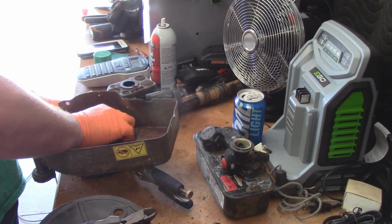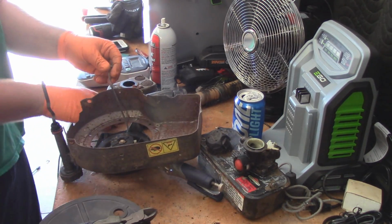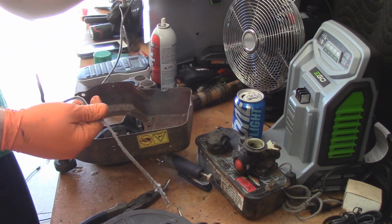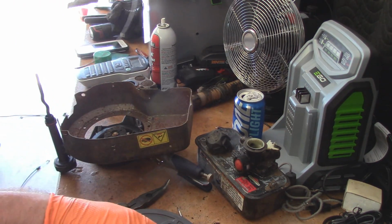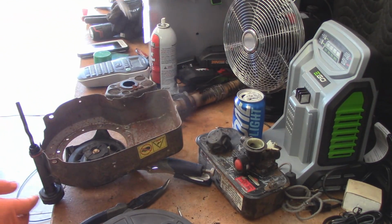So the next thing you want to do is just pull the little knot out and give it a snip. And there's our old pull cord. So I actually want to make this one a little bit longer. So in the event that you don't have one,